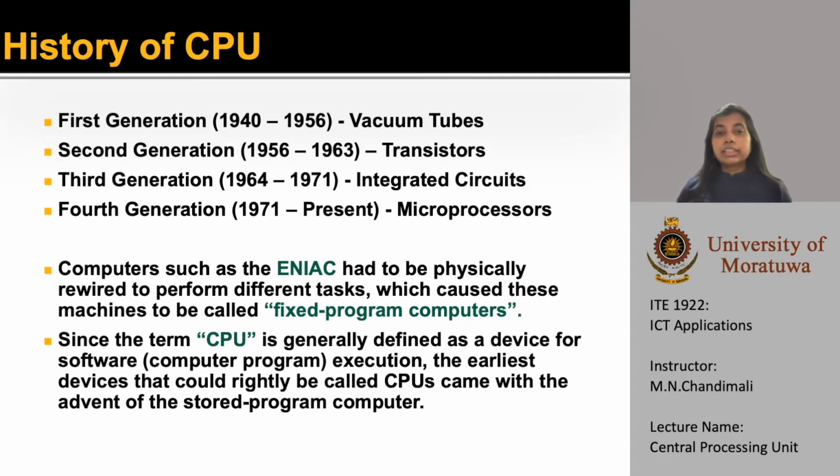Earliest computers such as ENIAC were called fixed program computers. This is because the functions are physically built into the computer. When we need to do some other task, we have to change the wiring of the computer. Here, the processing instructions were physically given to the computer using the wiring, not like giving instructions using software programs. The term CPU is generally used to